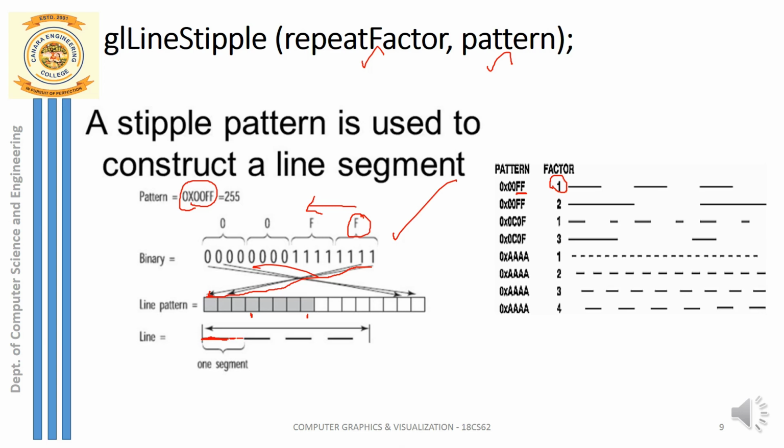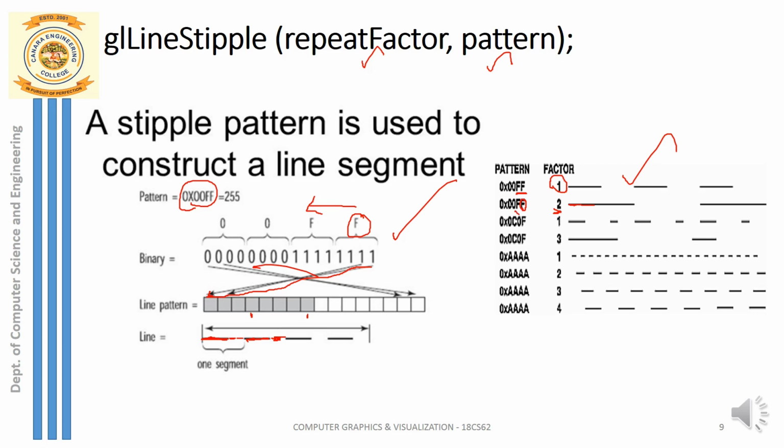The next F you have to take, draw the first ones, next F, the next ones without gap, and next 0 and next 0. So a big gap you can see because of 2 zeros. So this continues. You can just see the output of that is something like this. You can just see here the same pattern but with the repeat factor 2. So how is this done? You can just see here the first F is considered, 4 ones are drawn, and the same is repeated again.